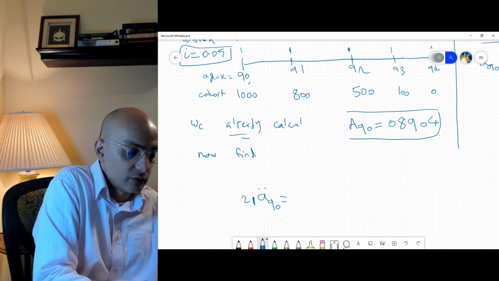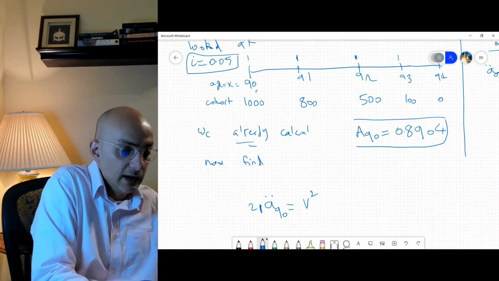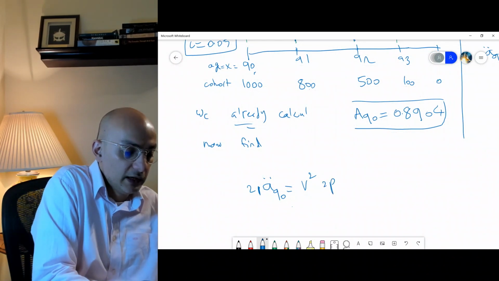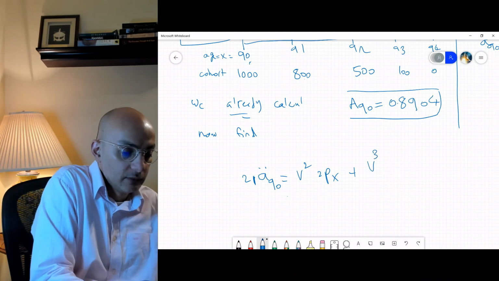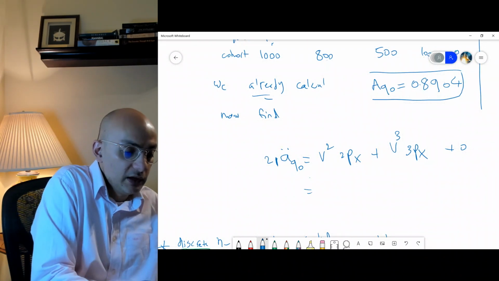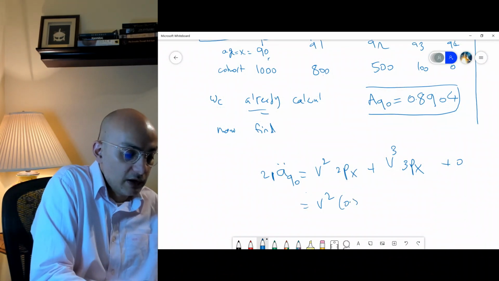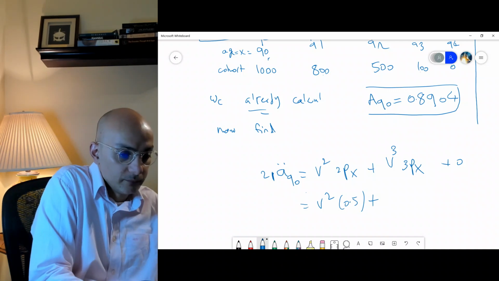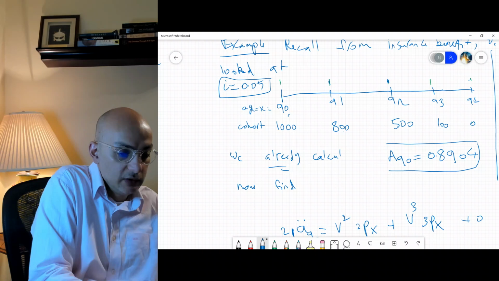So how do we get this one? We have $1, v to 2, you bring it 2, and to get it you need to survive 2px. Then the second dollar v3, 3px, and then plus 0, because nobody survived after this, right? So v2 times 2px, to survive 2px you take 500 divided by 1000, 0.5, plus 100 plus v3,